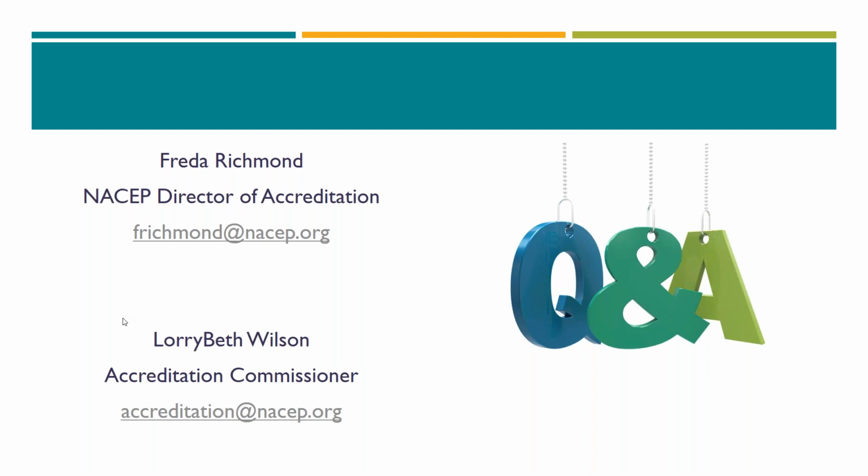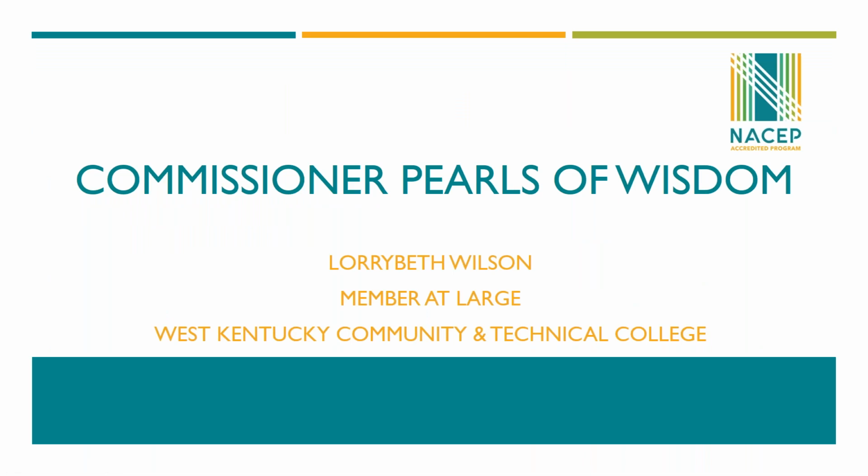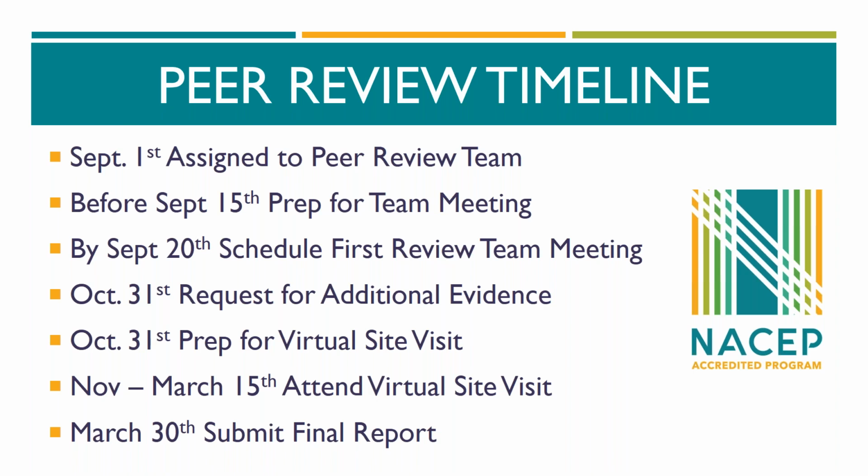Yes, so for the review team, we are asking that you complete your first review and prep for your team by the 15th, and that you have your first meeting by the 20th, because remember that request for additional evidence letter needs to go out by the 31st of October. Once you get access and you know what peer review team you're assigned to, you'll also get access to Box. Within Box, you'll see the screening form, and so you'll be able to do that on your own.